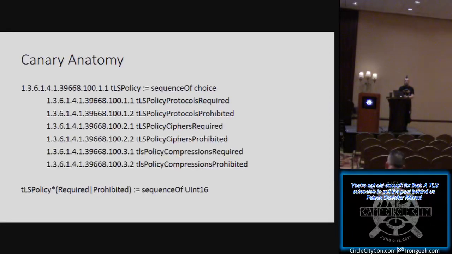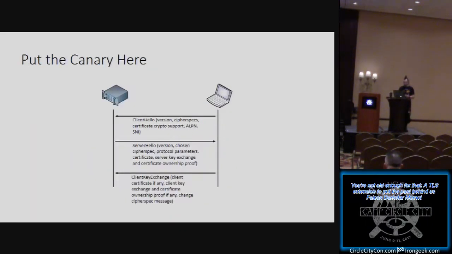We can create infinity of these because remember, when a browser doesn't understand one of them, it will just ignore it because they're not marked critical. Each of these things are just a sequence of the protocol identifiers, so it's very easy to maintain. In fact, it's zero maintenance. And the idea here is that we can use this assertion as encoded in part of the certificate and signed by the certificate authority's key. Remember that when we issue a certificate, we also know that the website operator, through our verification process, requested this specific certificate with these specific things in it. And we put the canary here.